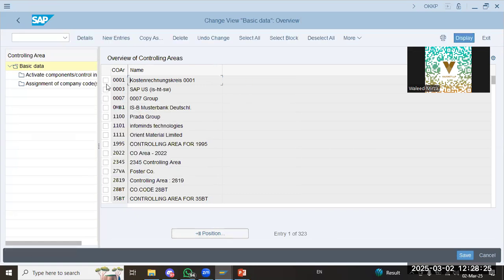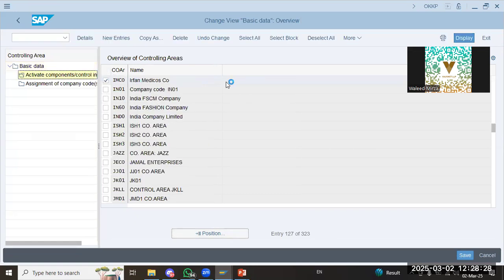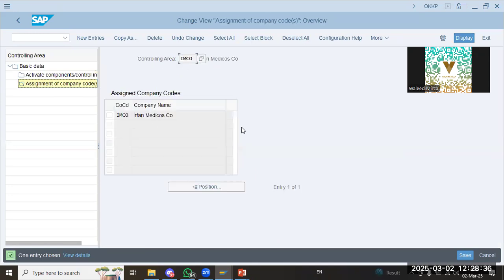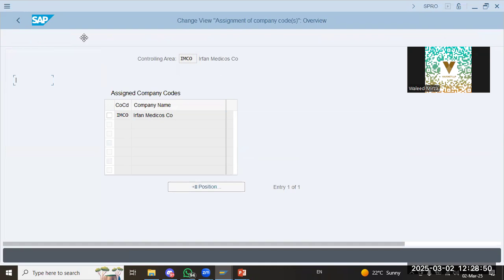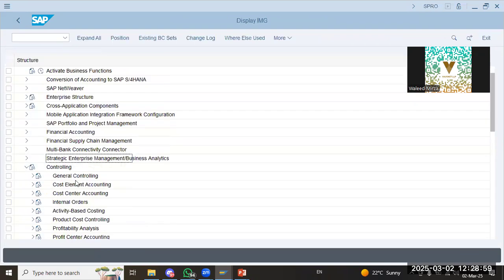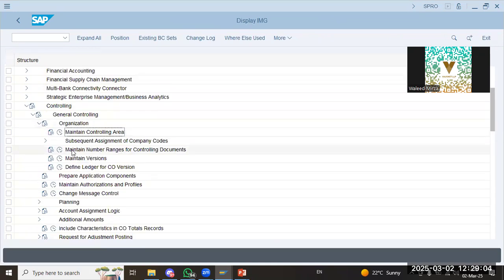IMCO. Okay, activate component. Component is active. Active assignment is also active. Okay, this is done. Now, what we'll do is /n SPRO, controlling, general controlling, maintain controlling area, number ranges,